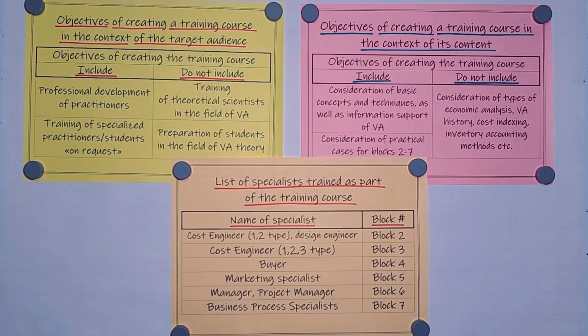The purpose of creating the training course Cost Engineering can be considered both in the context of the target audience and in the context of the subject of consideration. In the first case, the goal is to improve the skills of existing specialists of enterprises and to train specialized personnel in universities on order or on request of enterprises, for example, targeted training of students in the final year of study. In the second, the goal is to form the basic competencies of conducting value analysis, consideration of issues of information support,